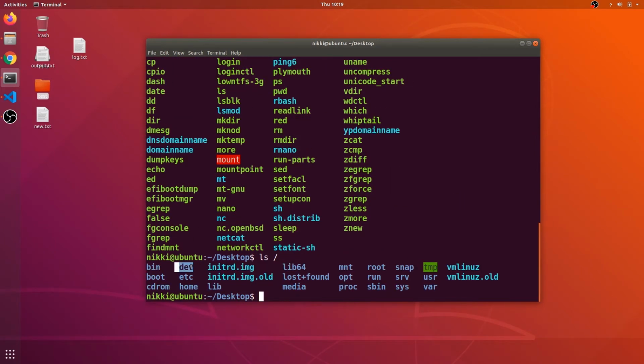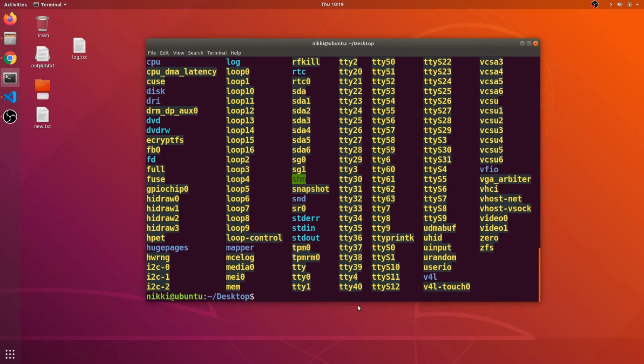The dev directory contains the device drivers and device files. Let's say ls dev, and these are the loop drivers, and these are the tty virtual terminals, and we'll be discussing all these virtual terminals in later videos.